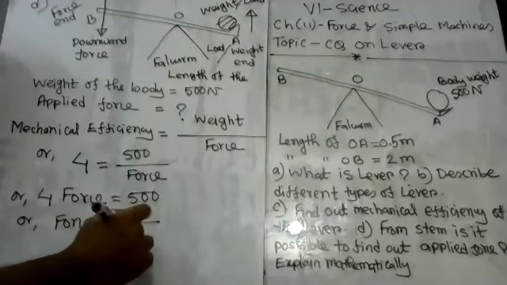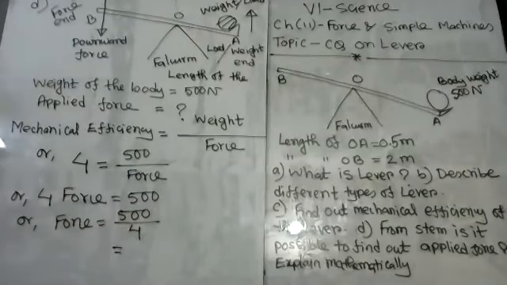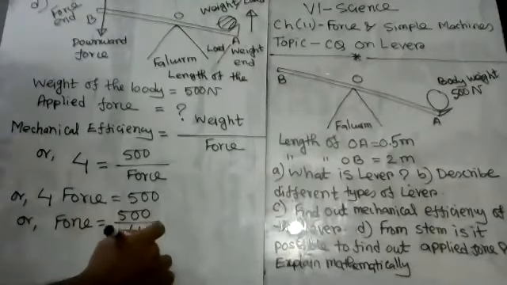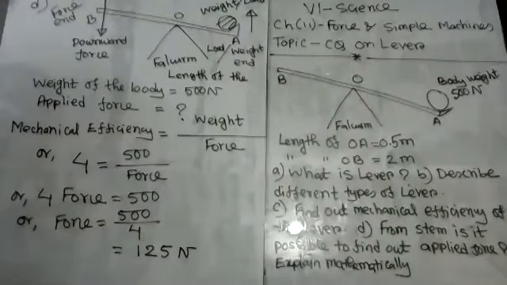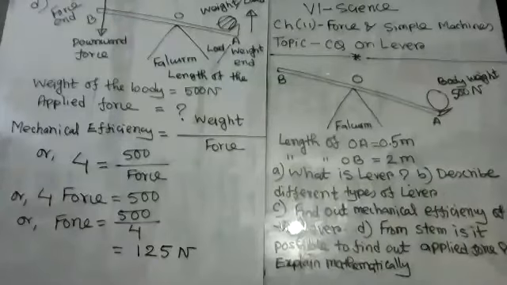500 divided by 4. After calculation, it will be 125 Newton. Okay? So this is the applied force to lift this body of weight 500 Newton. I repeat, boys and girls, this is the applied force to lift the body of weight 500 Newton. Okay? Now,